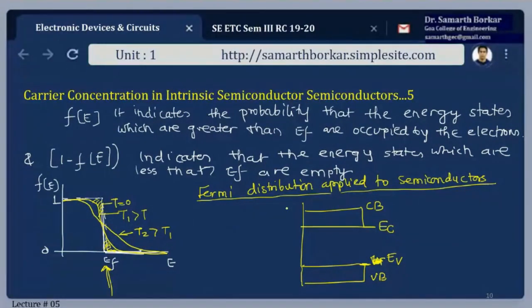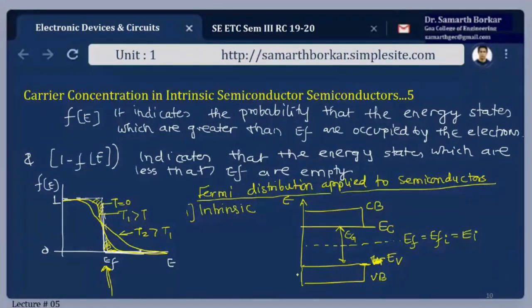Make sure that you understand the notations, okay? And here this is the relative energy level. This is referred to as EG, the energy band gap. This is a reference, fictitious concept. This is the Fermi level. Since we are dealing with intrinsic semiconductor, this is the first case, okay? I forgot to mention intrinsic semiconductor. So you have to write EFI. See, the notations are most important here in this subject. So Fermi level EF equals EFI. I stands for intrinsic, or you can simply write this as EI, no harm. Okay.